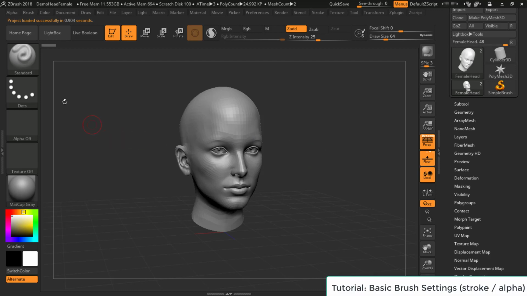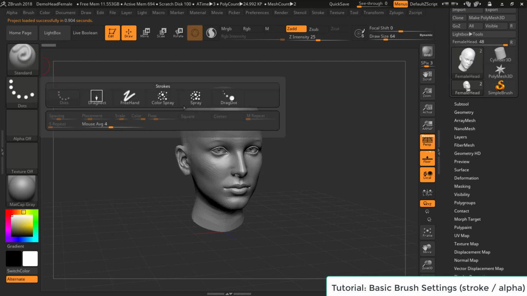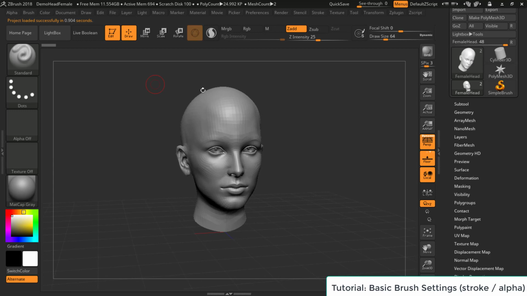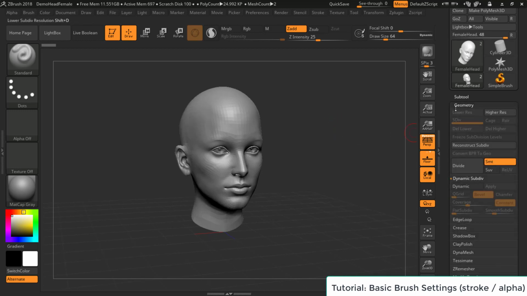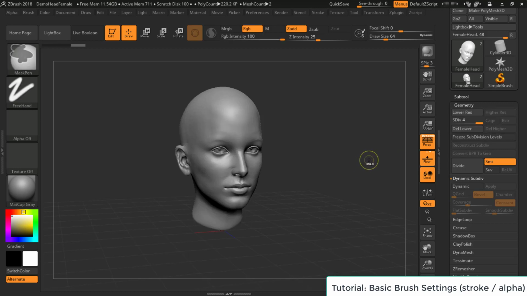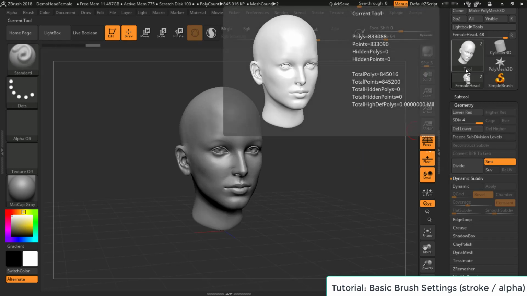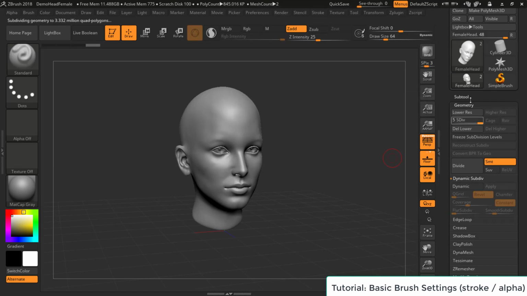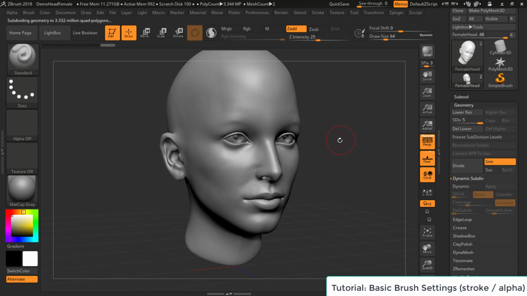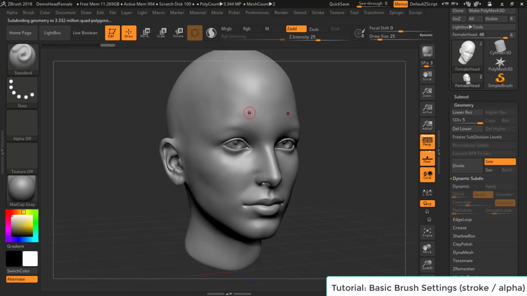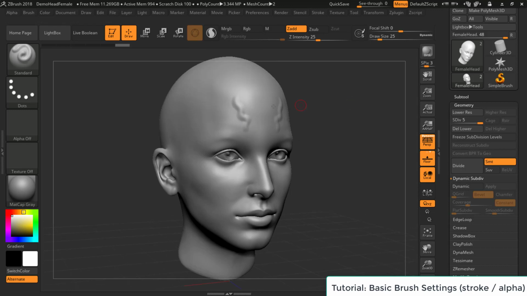Okay, we're going to explore some more brush settings, how we can use some strokes and alphas. For that we do need some more detail again, so I'm going to add subdivision levels, Control D, Control D, Control D. Now we're at 800,000. Let's add one more. So 3.3 million should be plenty for this. And as we've seen with this kind of poly count, we can now make